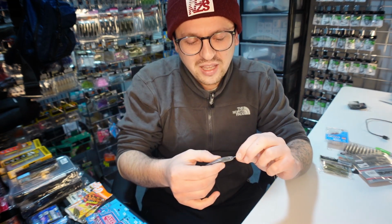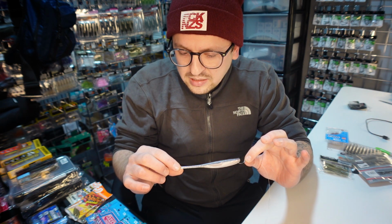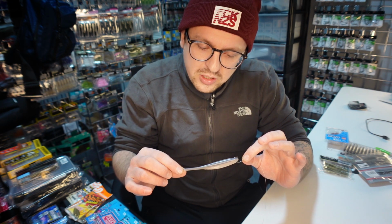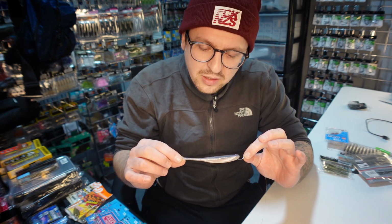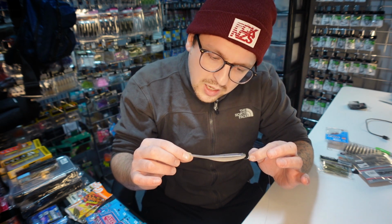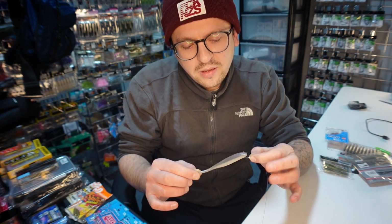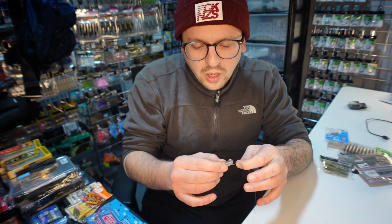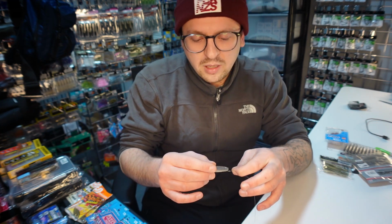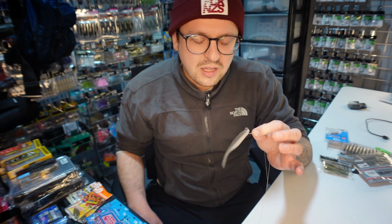but definitely a killer during cold days as well, when the fish are really lethargic and you really need to keep the lure in front of them for a long time. They kind of need to check out the lure a little bit. They're not 100% sure. Do I want it? Am I hungry? It's very cold. I don't want to move a lot. Give the fish the extra time, and for that the drop shot is absolutely ideal,